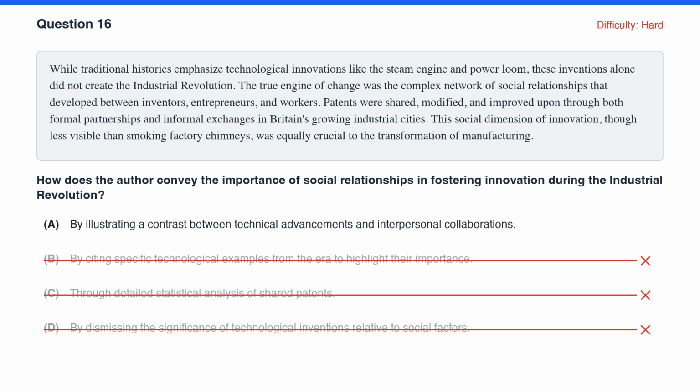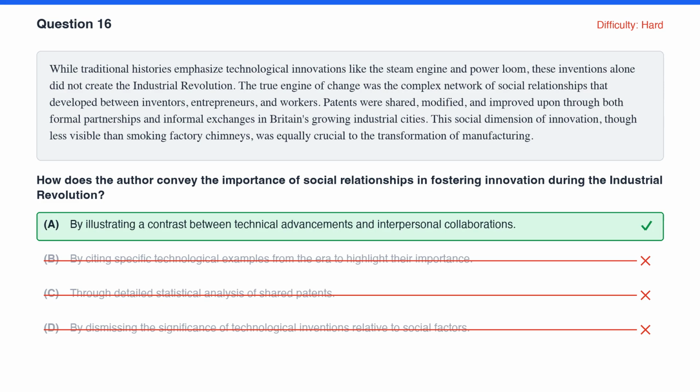Choice C is wrong because no statistics appear. Patent sharing is described only in general terms. Choice D is wrong because the author calls the social dimension equally crucial, not more important, and never dismisses technological inventions. Choice A is correct because the passage opens by acknowledging traditional emphasis on inventions like the steam engine and